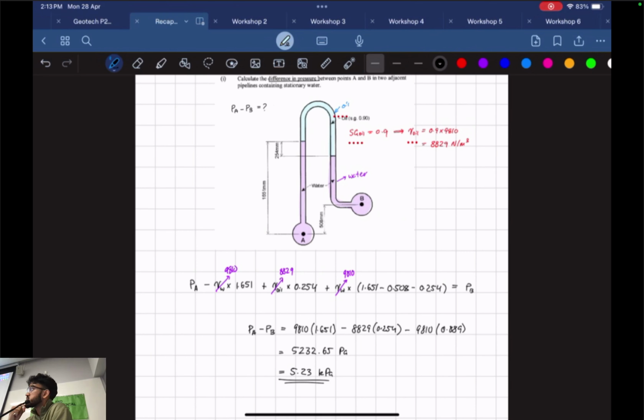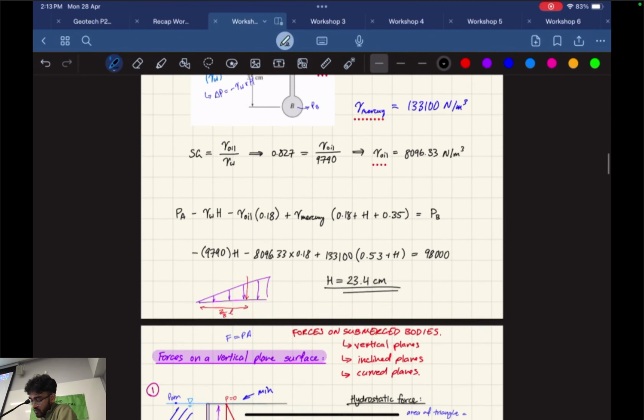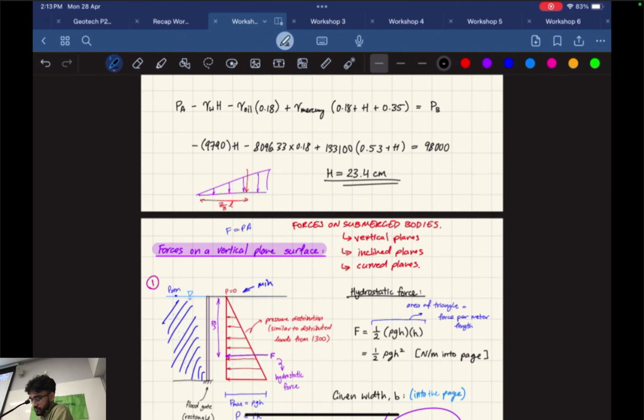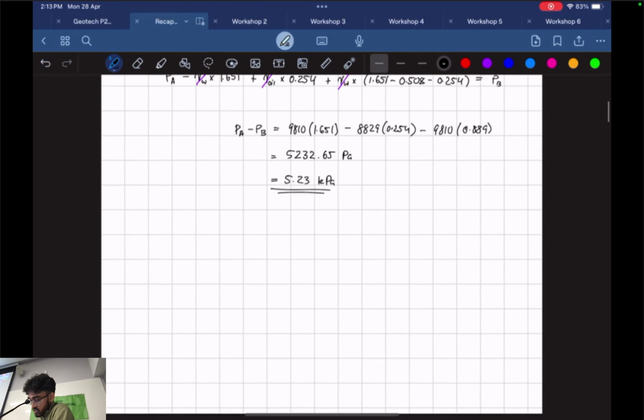Alright, for those, I don't think anyone's copying it down. Is there? Anyone? Still? All good? Okay. I'm going to move on to forces on submerged bodies now. Okay? So, for forces on submerged bodies,